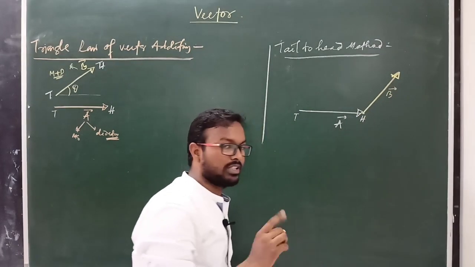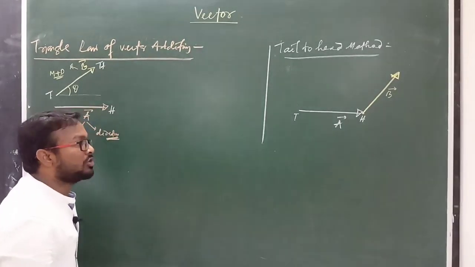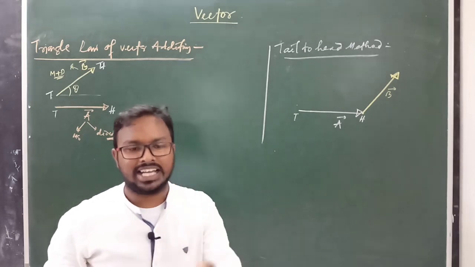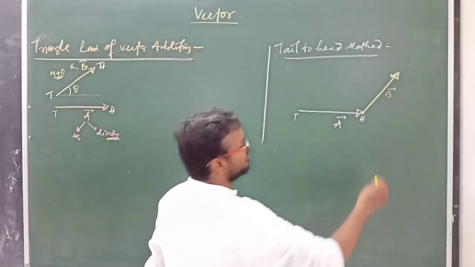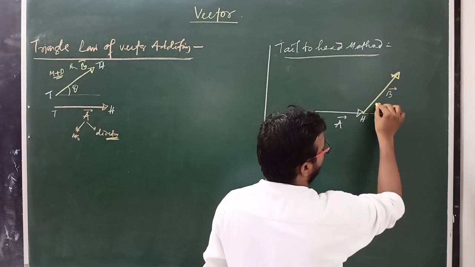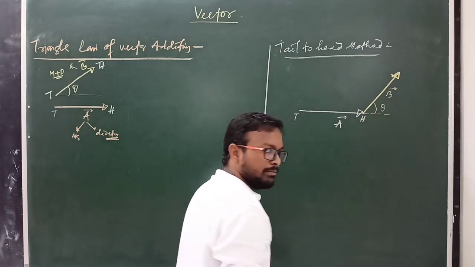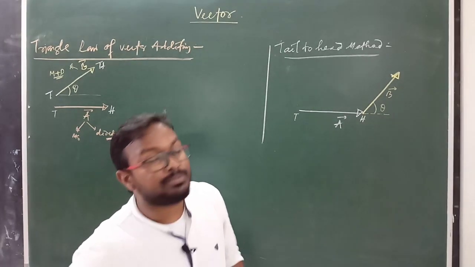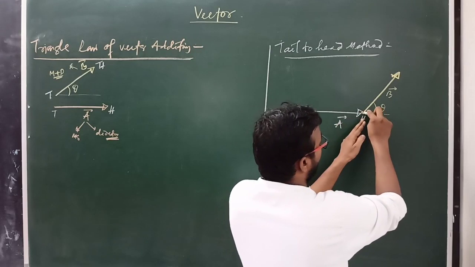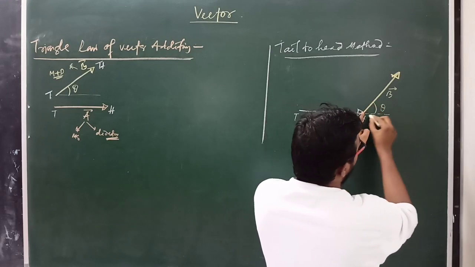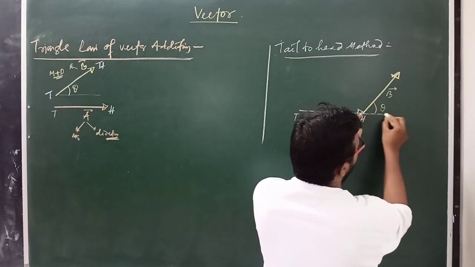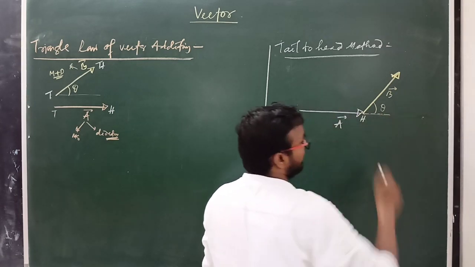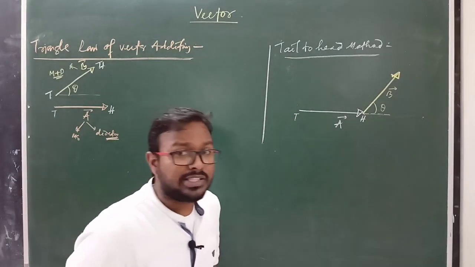But in this case you have to remember one thing: the magnitude and direction of a vector never change by parallel shifting of the vector. So this angle is known as the angle between two vectors. Why? Because if you want to find the angle between two vectors, first you have to shift this vector and join their tails. If you displace this vector here, then this point comes here. Clear? So this is the angle between two vectors, because the direction never changes.